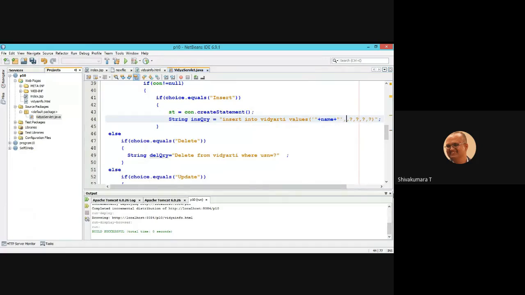What is the second value? This is the syntax to provide the values on the fly. Second value is USN 1.